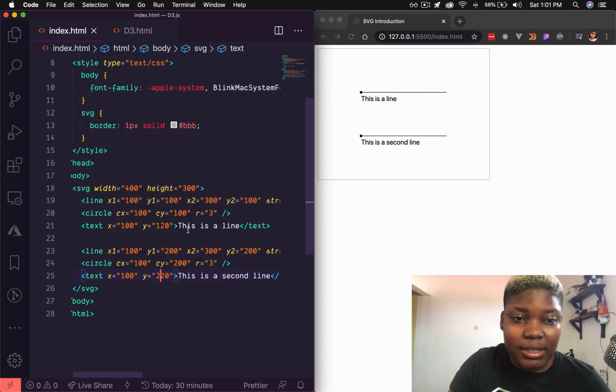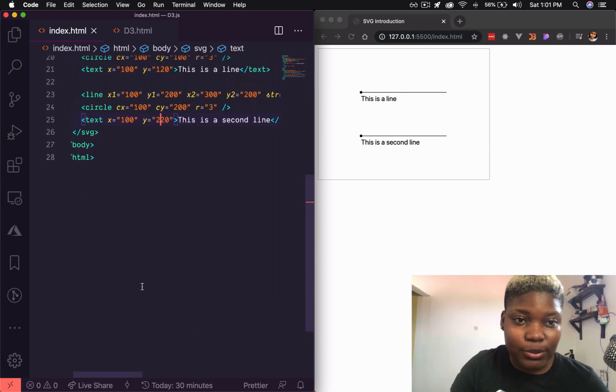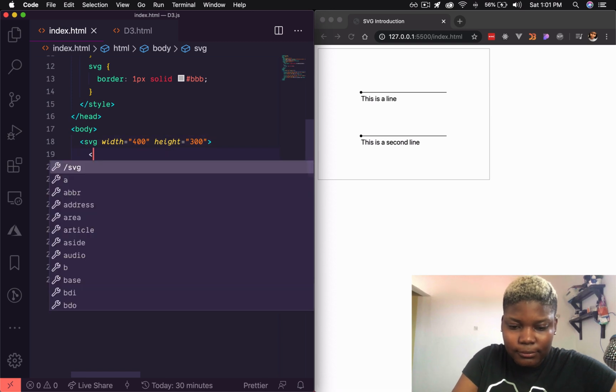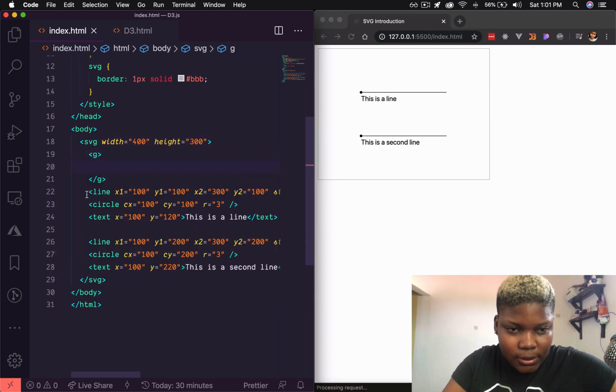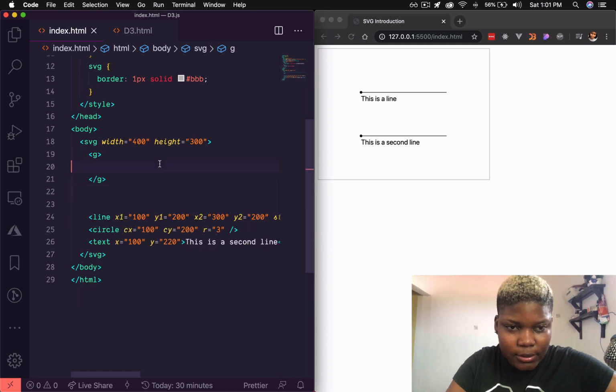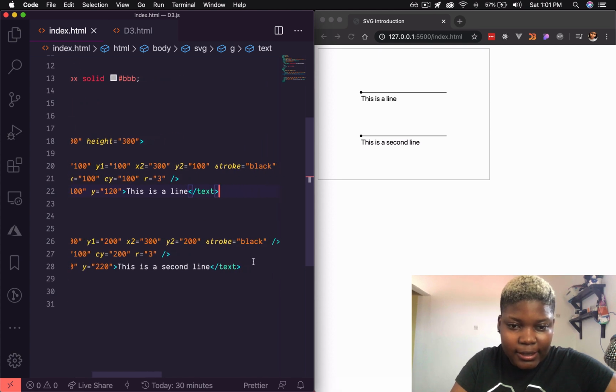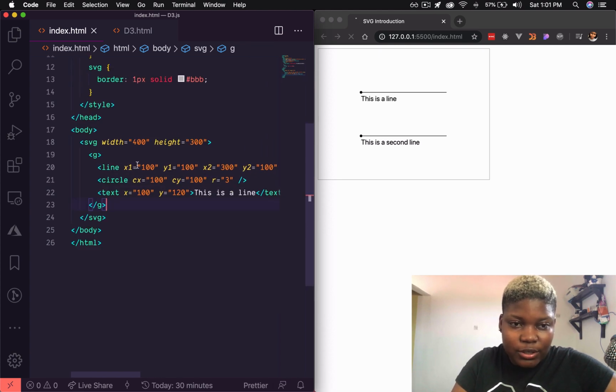So you can have as many elements, lines, circles, text, as you want in an SVG, and you can also group them using the g tag. So you can group like this. Group this into that one. And the great thing with grouping your elements is that way you can move some of the positioning into the group element, say position all of them together using the transform attribute. So transform, let's see what this does. Transform this to 100,